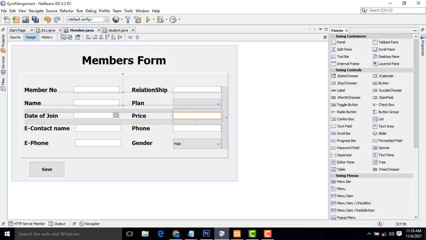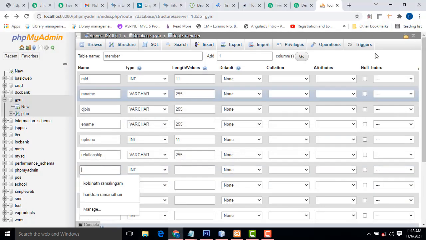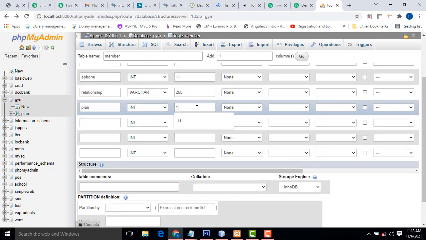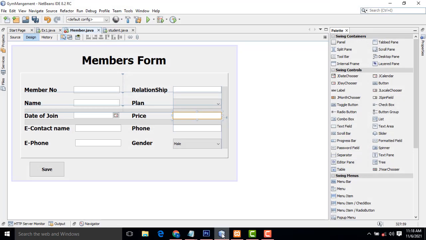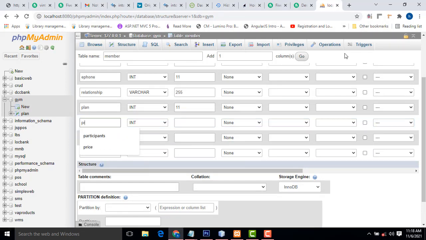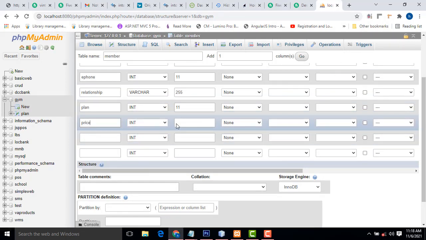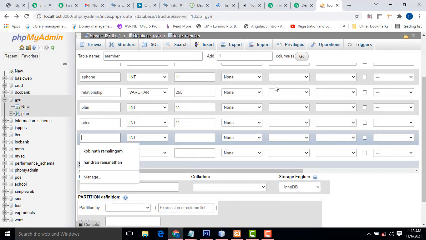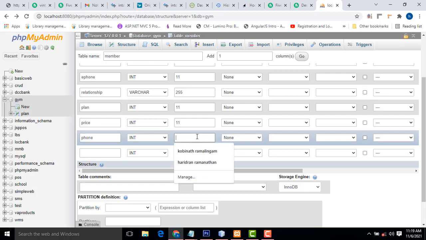After that, plan, the type as int. Plan price, int. Phone number, int.